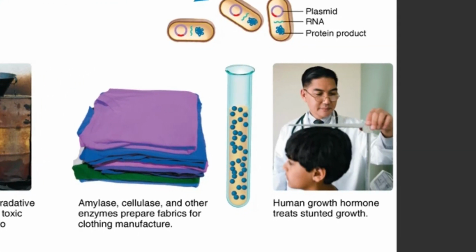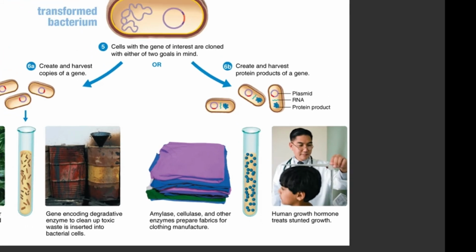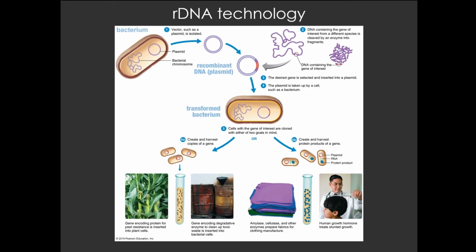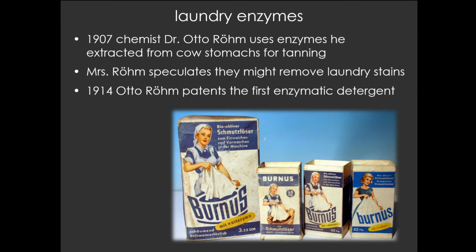So what we're going to do is just take a quick look at some of the industrial applications that have been utilized for a wide variety of applications. We'll start with laundry, which was helped along in the early 1900s by the use of enzymes, and still happens today. You go to the grocery store and look, and you'll see all of these enzyme actions in your laundry